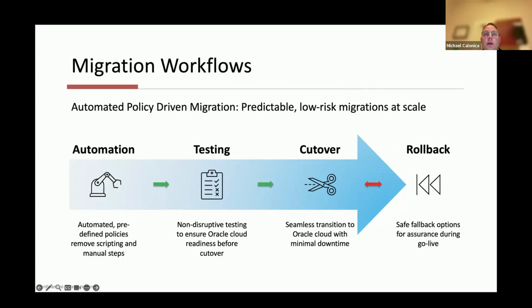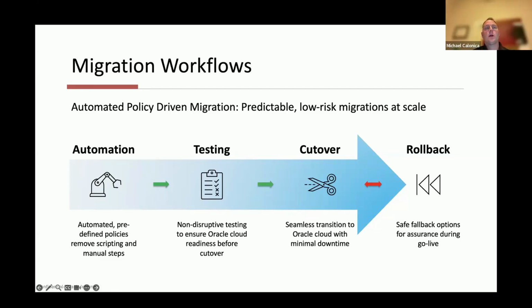And then we have the seamless cutover, right? And this is going to be a cutover with minimal downtime. So with that, it's really important that you have as minimal downtime as possible when you're moving mission critical workloads. And RackWare enables that controlled cutover into OCI with very minimal downtime for that matter.